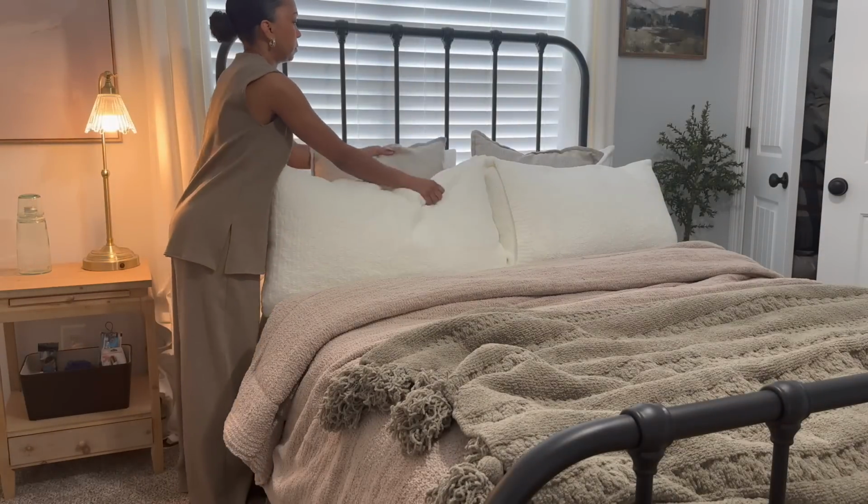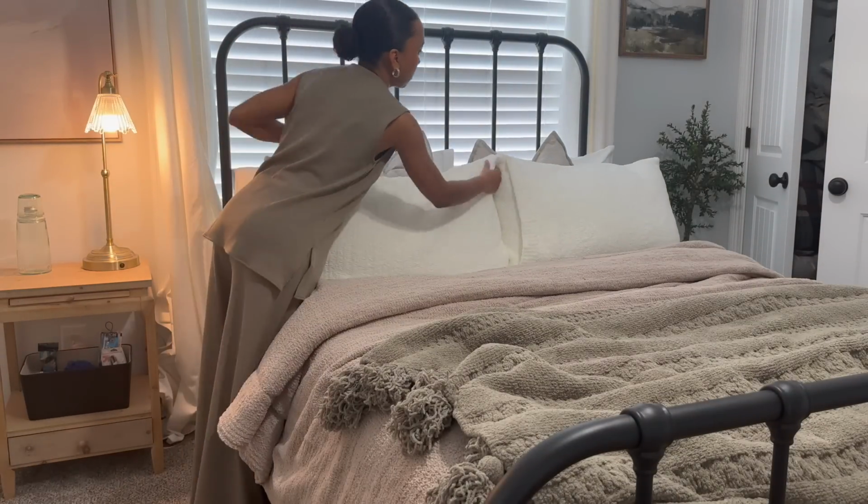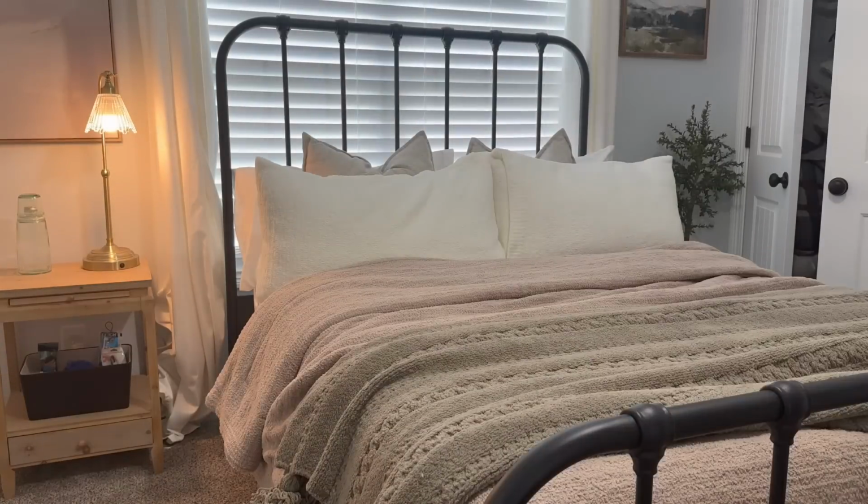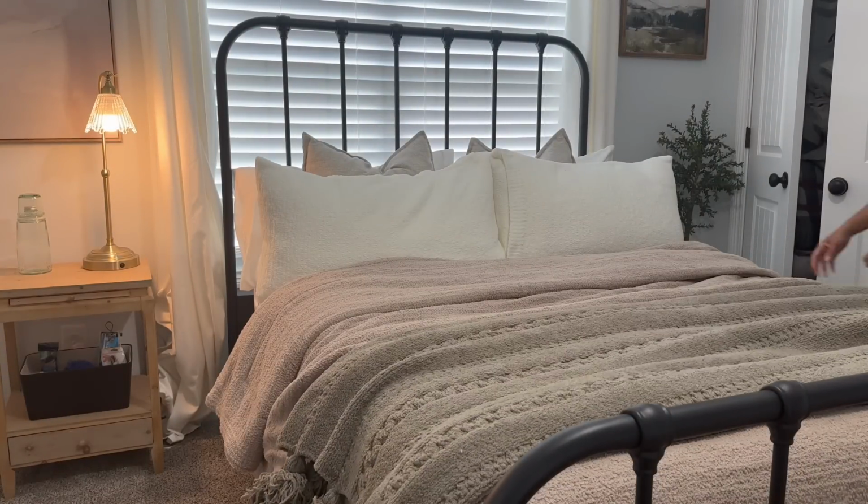Really not much to do in the guest room, just tidy up the bedding and turn the lamp on, close the closet doors. Another important tip that I almost forgot to mention is to make sure your house is smelling